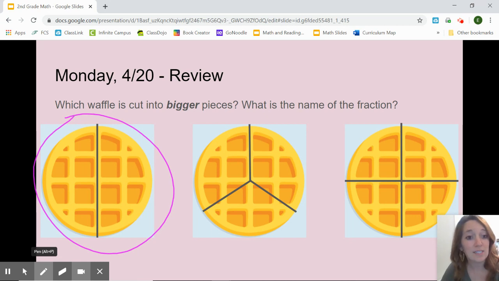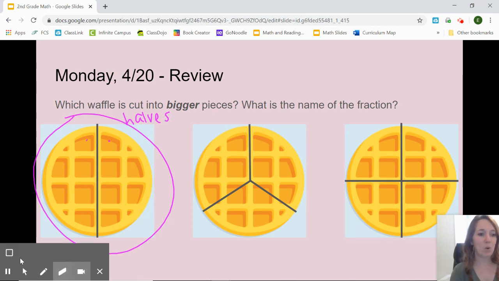And now, what is the name of the fraction? Well, I can see it's cut into two pieces, 1, 2. And so when something is cut into two pieces, we call those pieces halves. So this waffle is cut into halves. Awesome! Time for